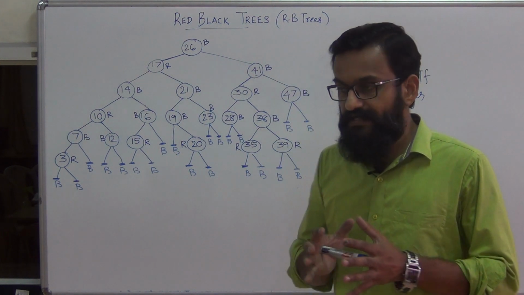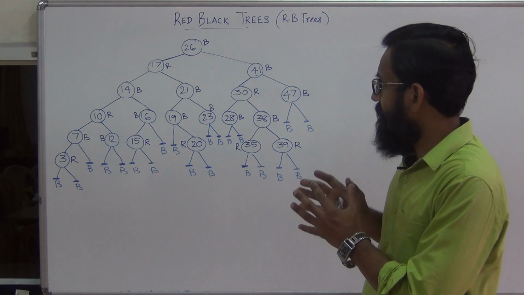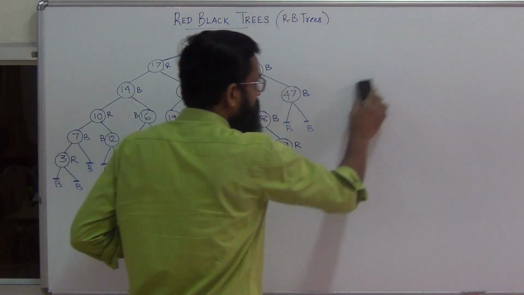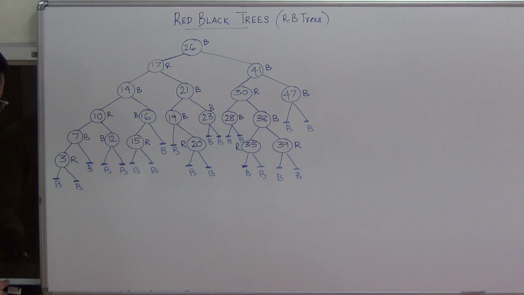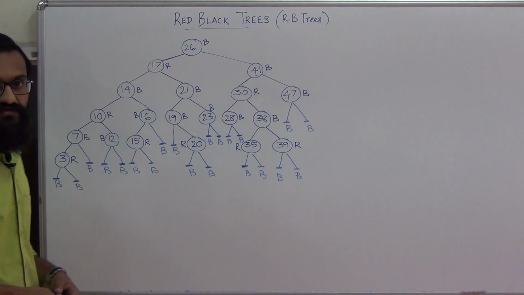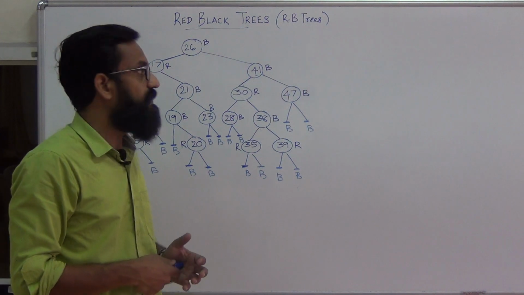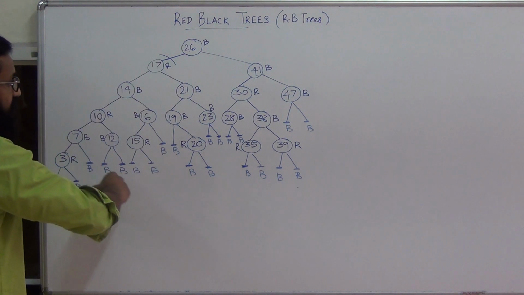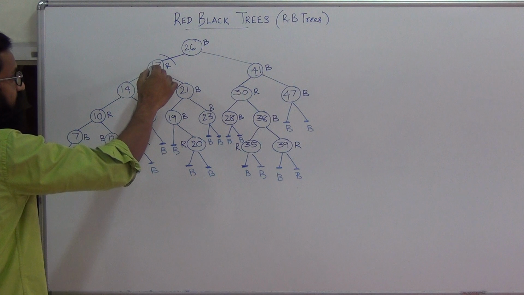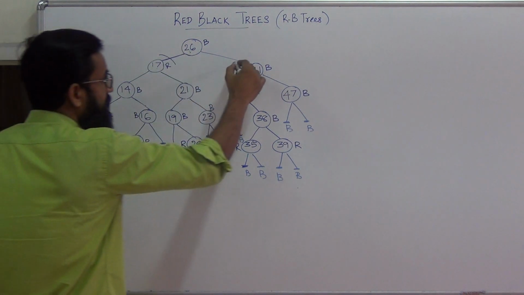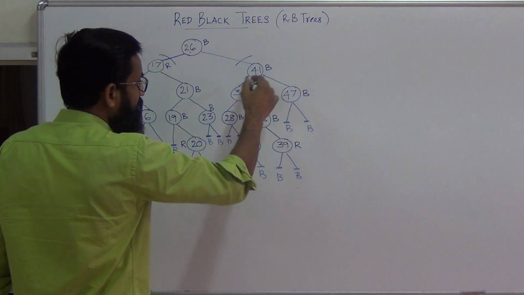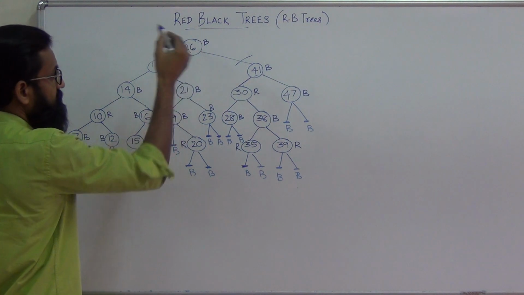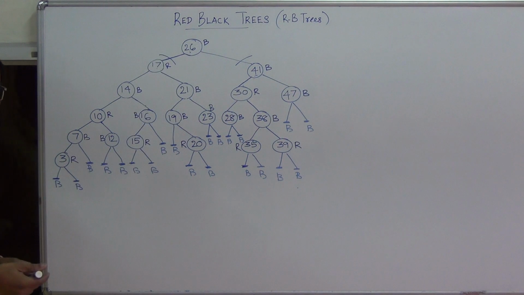From that it is clear that the first property satisfied by a red-black tree is the binary search tree property. So this is a simple example of a red-black tree. If you consider each and every node, the left subtree will have key values lesser than the node and the right subtree will have key values greater than the node. For example, if I take 26, the left subtree is rooted at 17 and every node contained in the subtree rooted at 17 has a key value lesser than 26, and the right subtree is rooted at 41 and every node in the subtree rooted at 41 has a key value greater than 26. So basically it's a binary search tree. That is the first property.